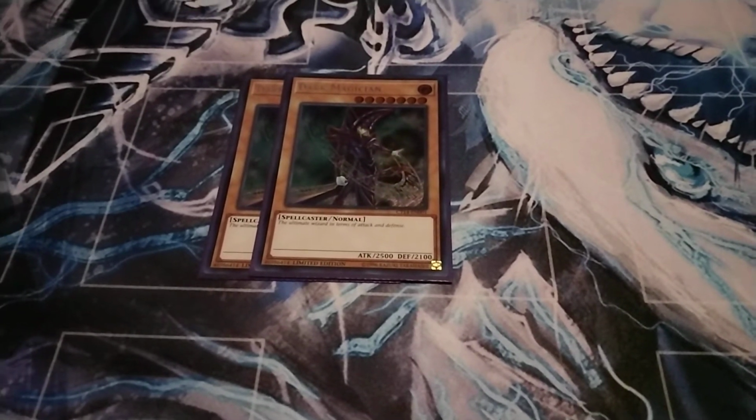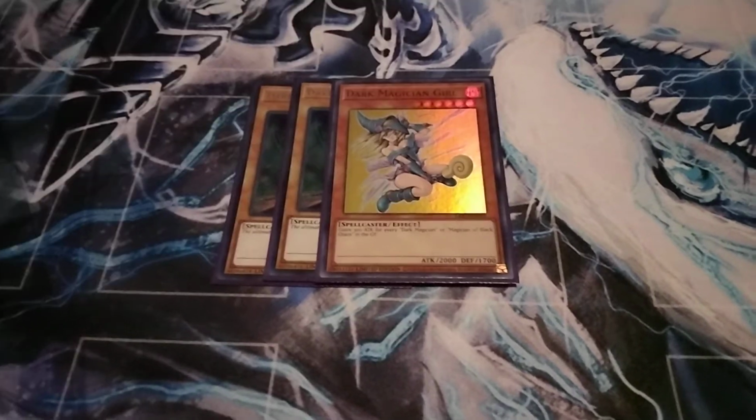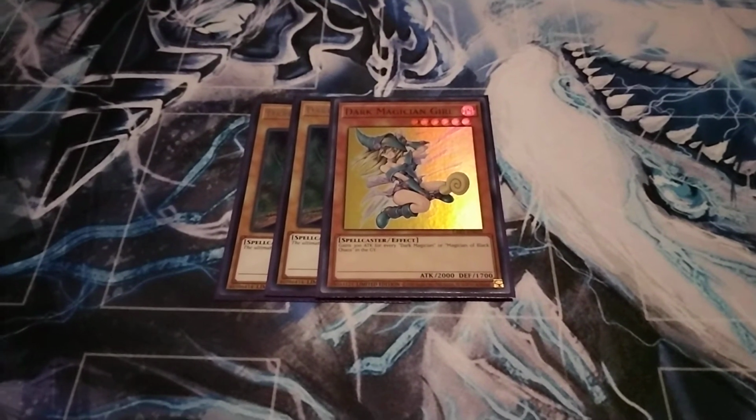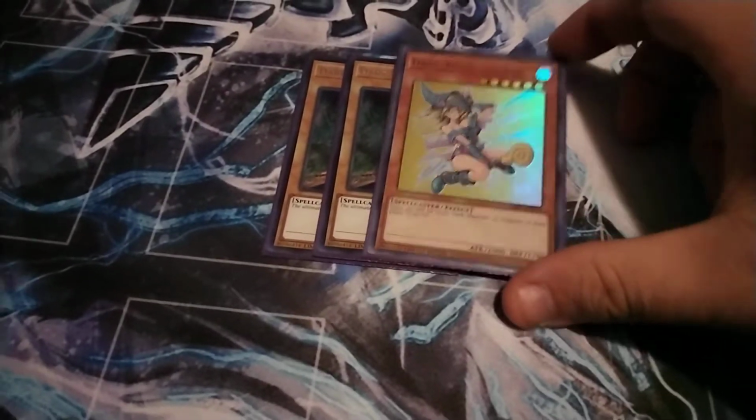I'm not even kidding. Dark Magician Girl. She's basically just more of an extender with anything. You can dump her, special summon souls, or...